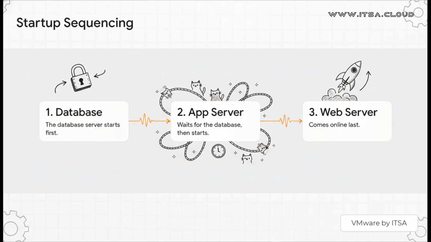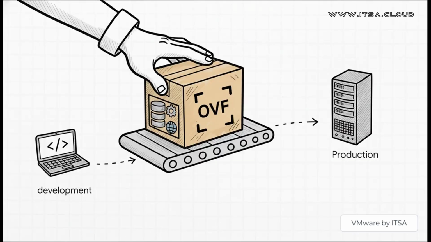And this right here is how we solve that whole herding cats problem. Inside the VApp settings, you can define the exact startup and shutdown order. You literally tell it, hey, start the database first and wait for it to be ready. Then, and only then, start the application server. You get the idea? It automates that whole delicate sequence, making sure your application comes online gracefully and correctly every single time.